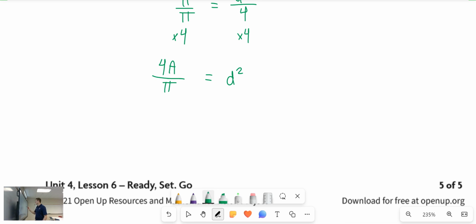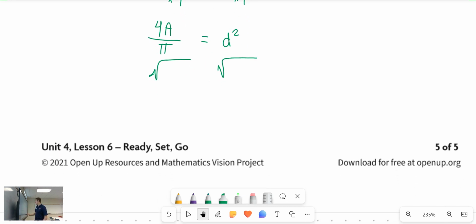So our last step is actually to square root both sides. Square root that side, square root this side. And what that means is we are going to end up with the square root of 4a divided by pi